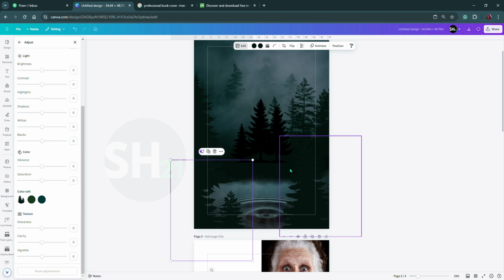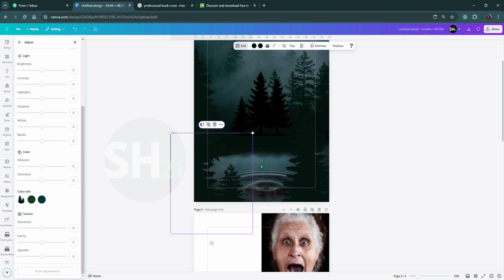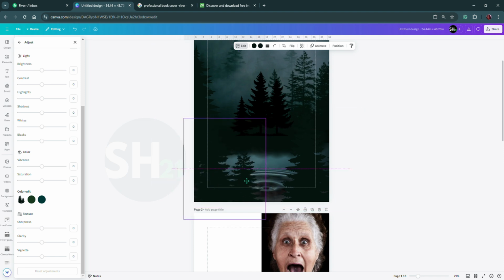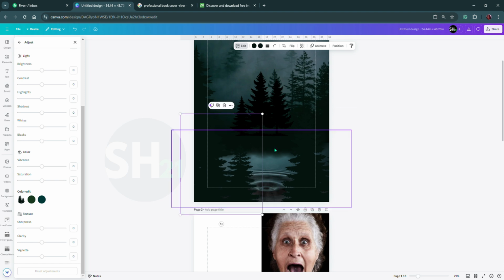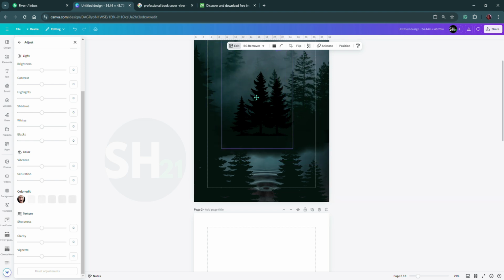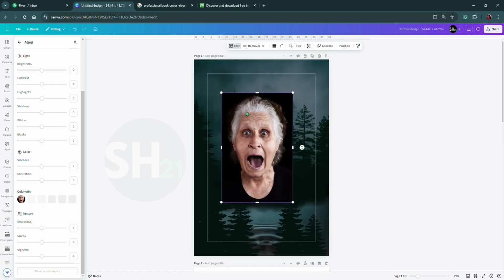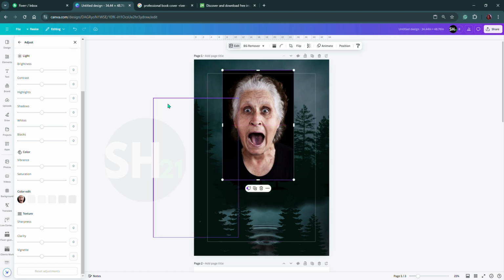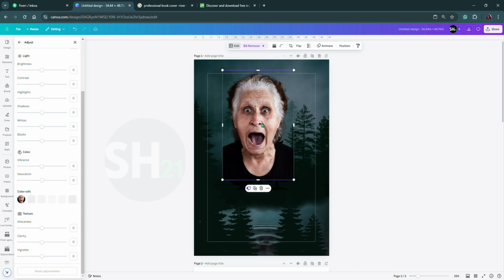I don't like this space here, it is not believable for me. I'm just going to do that for now and resize these trees just so it looks like a complete scary area. And then the next thing we're gonna do, we're just gonna drag the photo of the lady that looks absolutely so scared. So we're gonna move her back, the background, and then we want